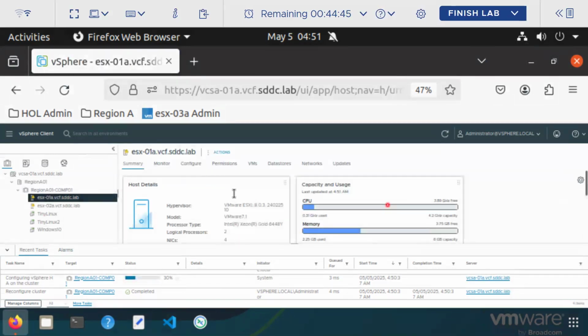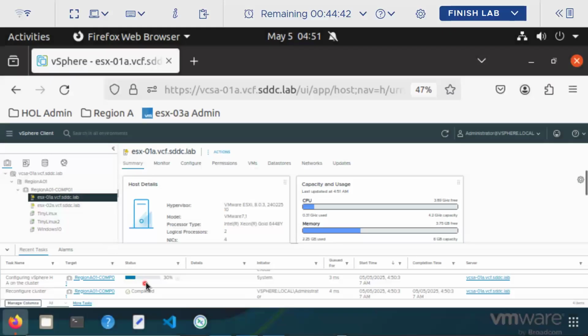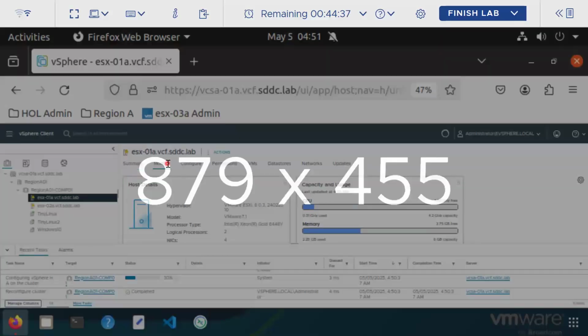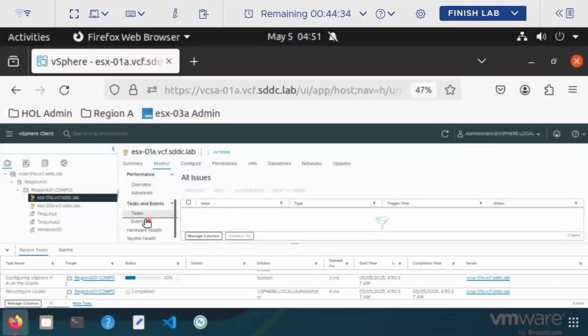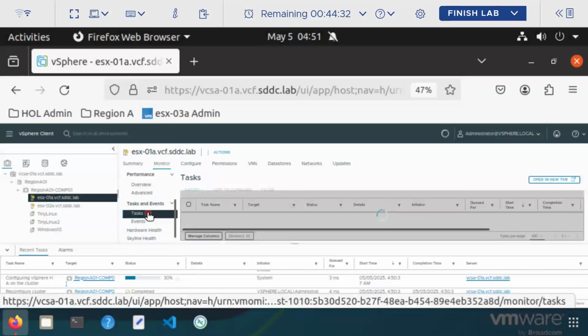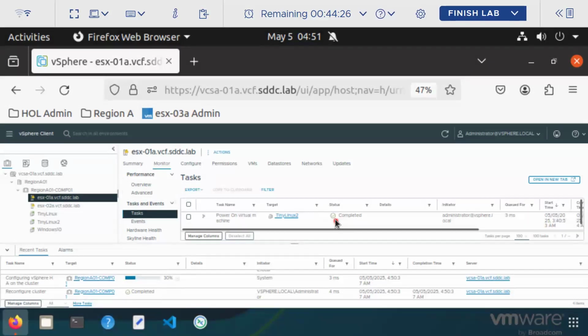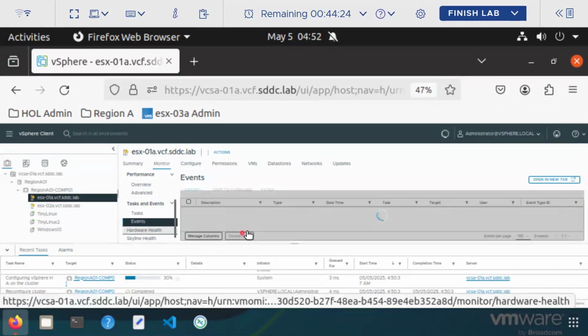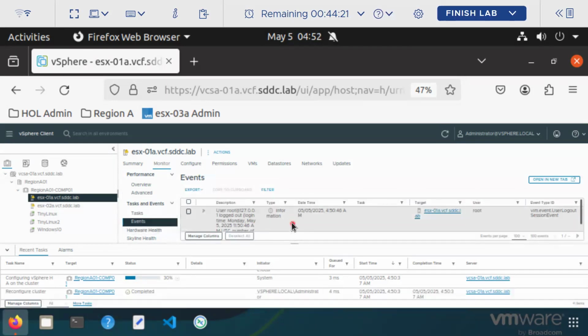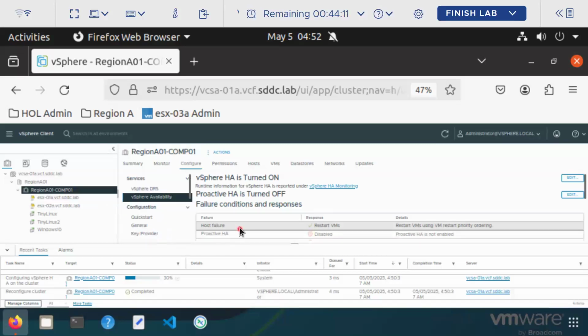Something is wrong with this. Something is giving an alert. You can see the yellow color one, right? It should give the